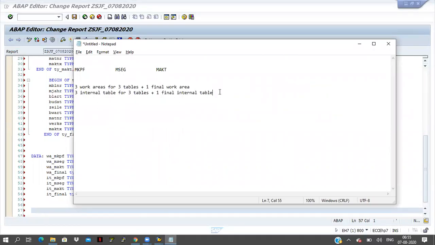Now we have to write one select query for the header table first of all. We can go for the item table also, no problem. But if you go for the item table, then what will happen? It will contain some duplicates also. Whenever we are fetching more data from another table, it will trigger 2-3 times in the database table for the same record. That's why we will go for the header table first of all.